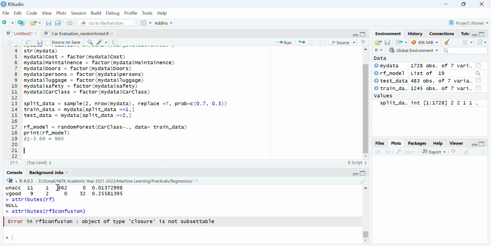Using the dollar sign, you can perform attribute checking. Any attribute can be checked using the dollar sign and the attribute name. So let's say rf dollar maintenance. I don't think that works, we will check it. Fine, so let us go for the predictions first.